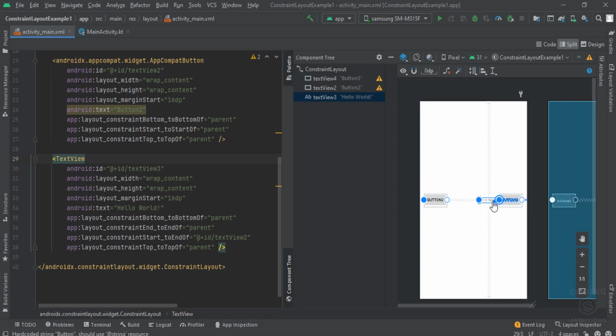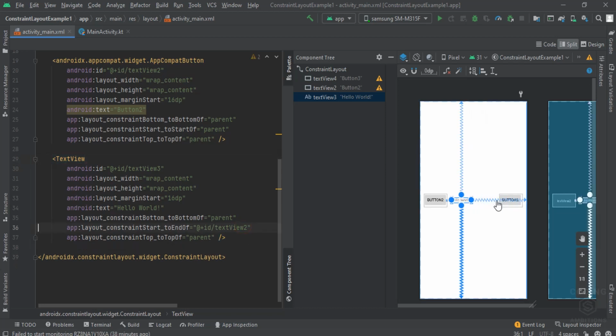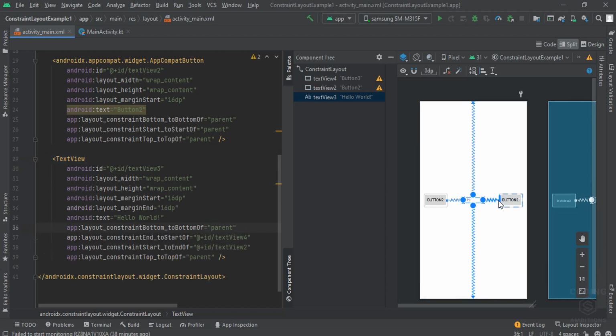So we can remove its end from the parent and align it with respect to this one, to the right of this, to the left of this. So this is how we can place a view with respect to another view.